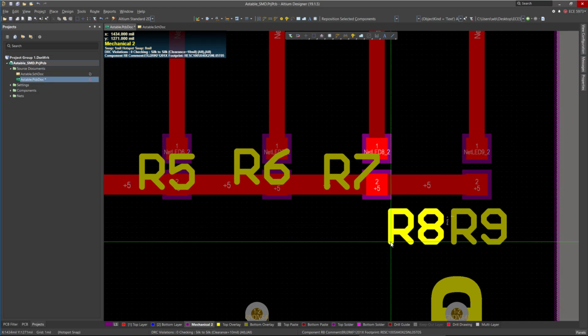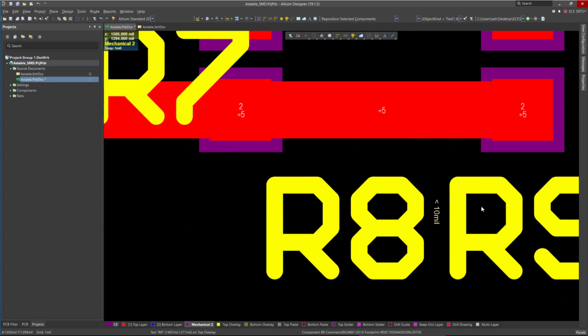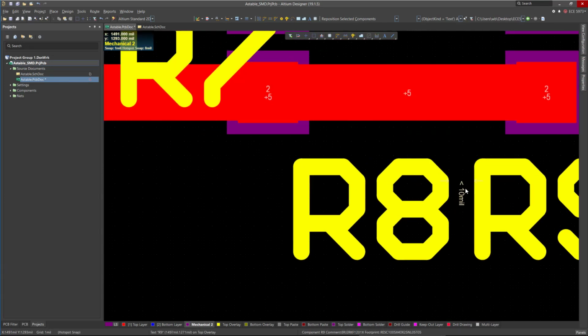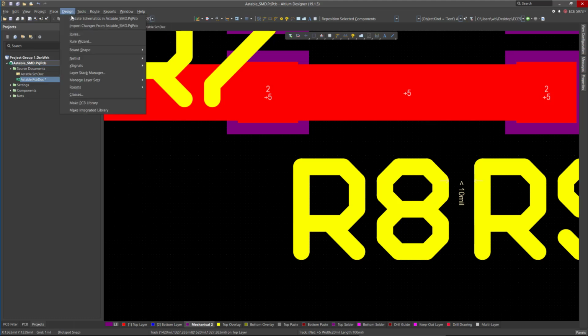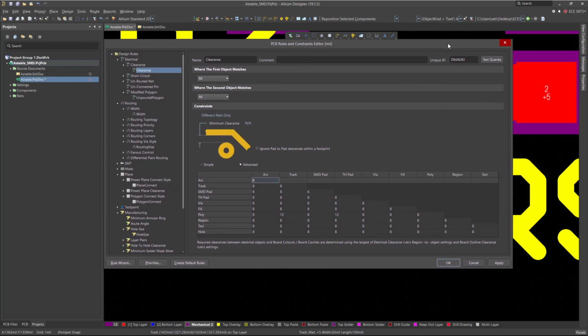So if you get closer, you see the violation, how it tells you in here the spacing between the two texts is smaller than 10 mil, which is defined in the rules as well. So if you have a text to other text smaller than 10 mil,